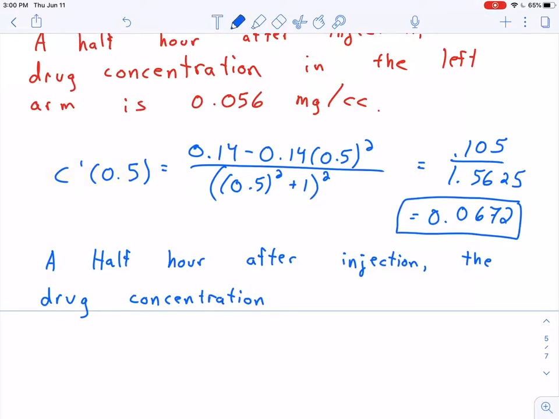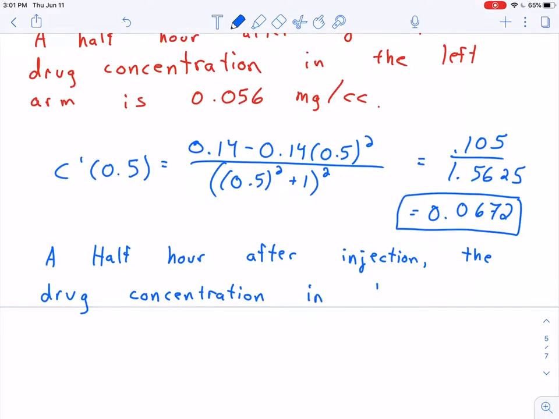So the drug concentration is either increasing or it's decreasing. I gotta be able to tell which one. I ended up with a positive result, so I can tell that the drug concentration in the right arm, let's make sure we say that, in the right arm, the left arm, excuse me, in the left arm